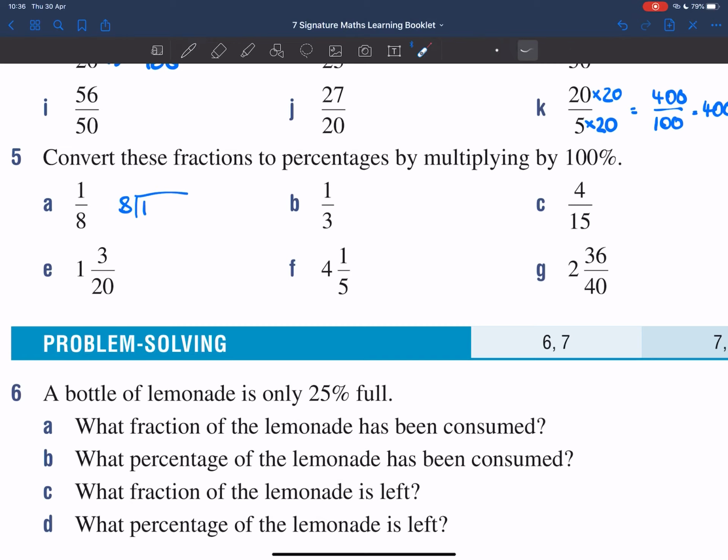Okay, so here we go. This is how we do it. How many 8s fit inside of 1? Well, no 8s fit inside of 1. So we write 0, decimal, and then you put a 0 here. You always start off with that. If the first answer to this problem here is 0, you put a 0, decimal, put a 0 here, and